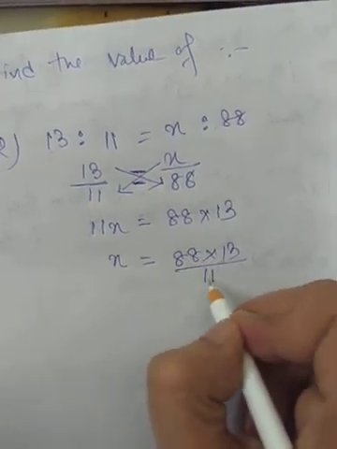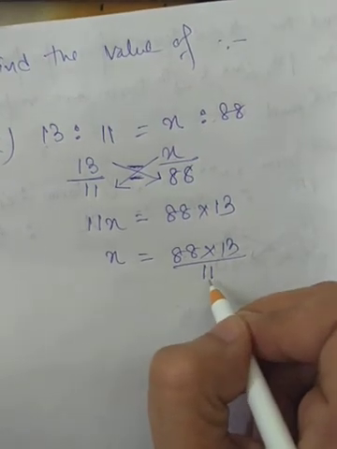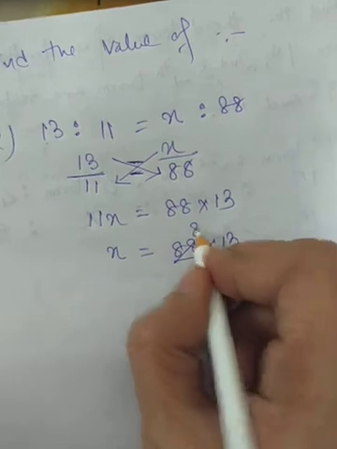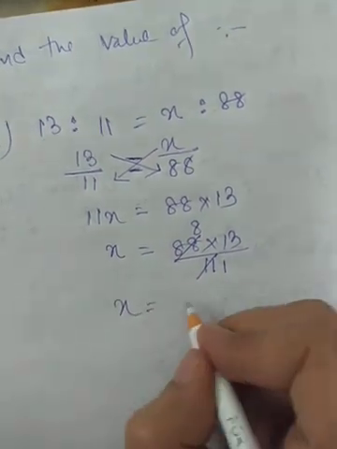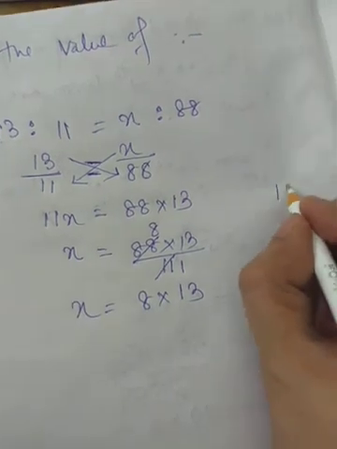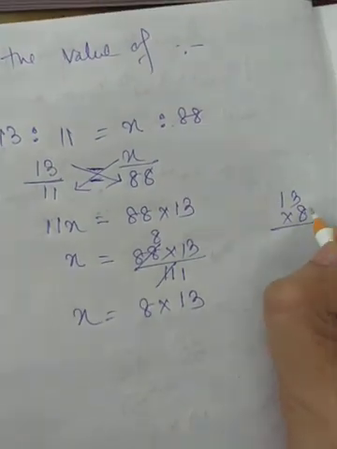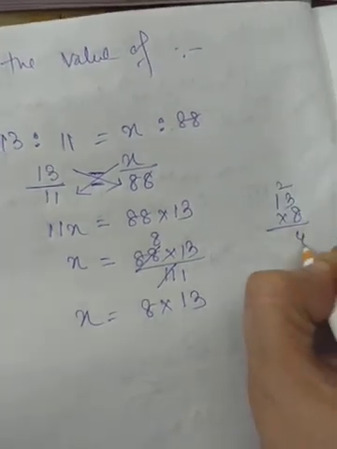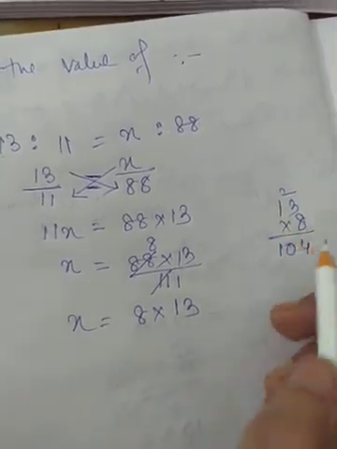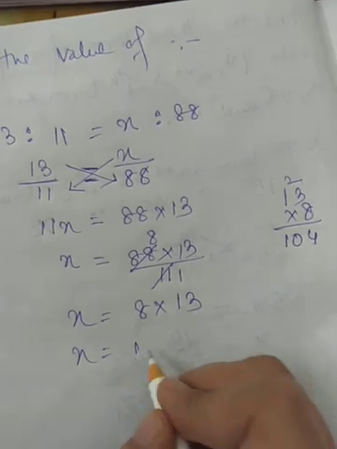Now we can cancel this 11 with 88, isn't it? 11 1s are 11, 11 8s are 88. So x is 8 into 13. So if we calculate 8 3s are 24 and 8. So 13 into 8 is 100